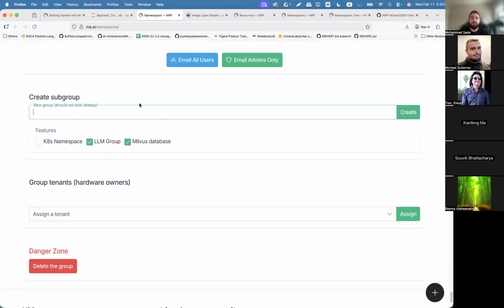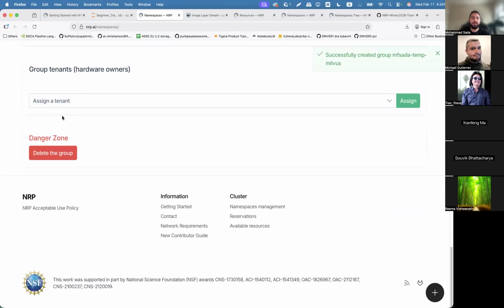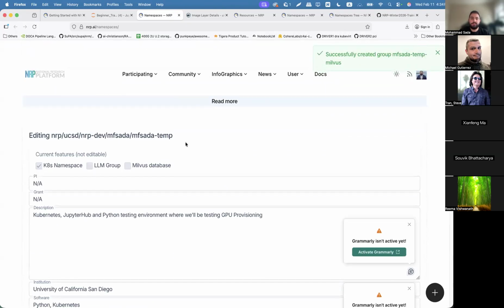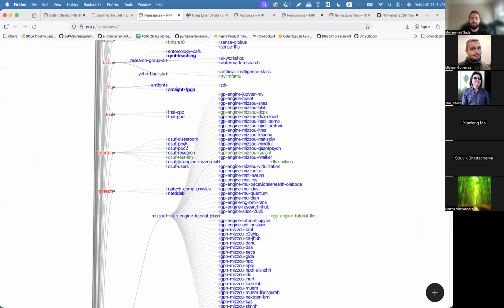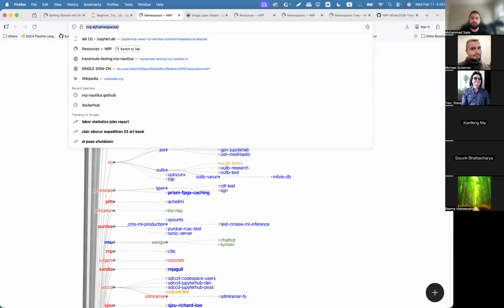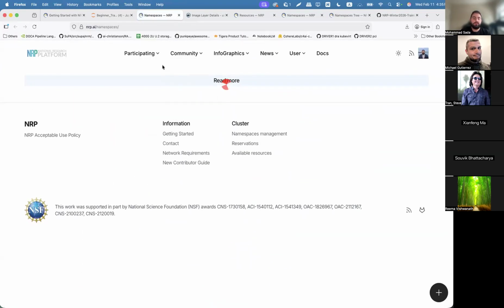And then once you click on this, you can just call it whatever you want, as long as it's lowercase and doesn't have any characters that are not alphanumeric or dashes, and is a little descriptive. So Milvus-test is a little too generic, but for example, my name or my campus or my lab dash Milvus is perfectly fine. And then once this refreshes, in a minute or two maximum,